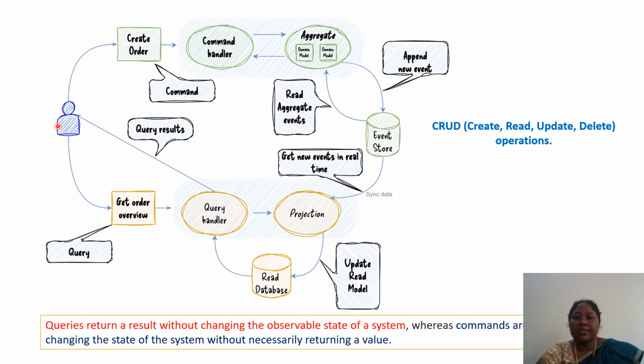Query means, for example, there is a customer or user, consider it's a user, and he's giving certain things. I want to see the size and color of this particular product. Through some filters they are selecting. So this will be handled by the query handler. And this will be combined together as an event store and a projection, and you just read from the database and get the details and respond back to the query results,